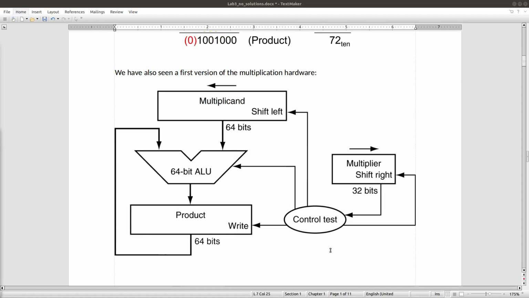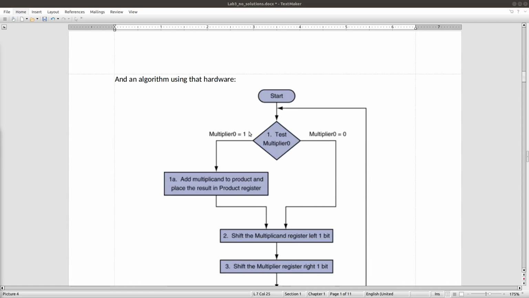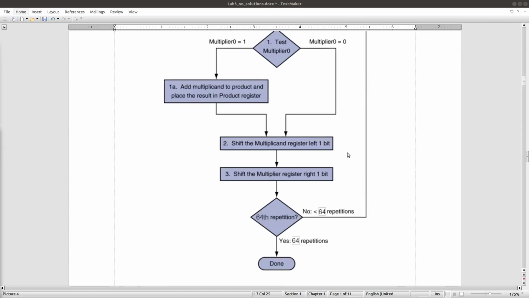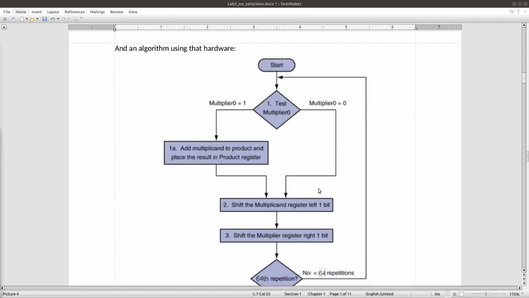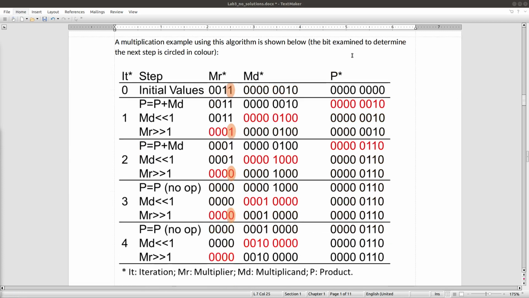We will have the hardware design for the multiplication, the basic hardware, and together with that basic hardware I will introduce the algorithm. I think you should have learned about this algorithm before in your lecture also, and then we will apply that algorithm to show multiplication.